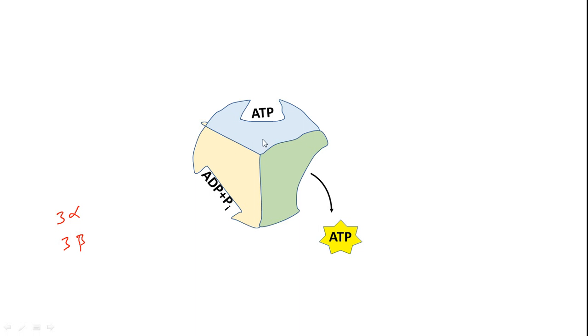So friends, this is a cyclical event. As the protons are moving through the ATP synthase enzyme in a cyclical manner, these three beta subunits, the catalytic sites, will change their conformation in a synchronous manner, so that ADP and inorganic phosphate are recognized, ATP is synthesized and ATP is released. So this sequence happens. Okay friends, I hope you got the point here. So let's move ahead.